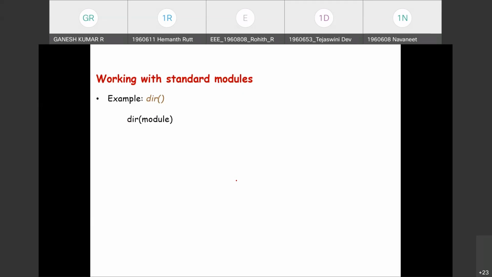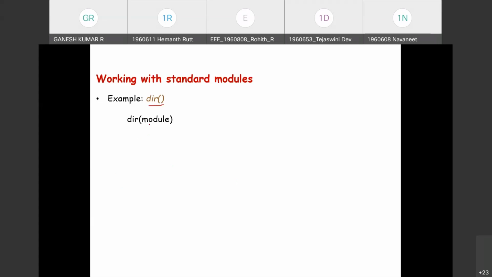So dir here does not show the contents of a disk, directory or folder, but it does something really similar. It is able to reveal all the names provided through a particular module. There is one condition: the module has to have been previously imported as a whole.